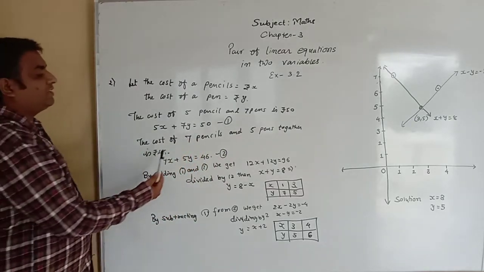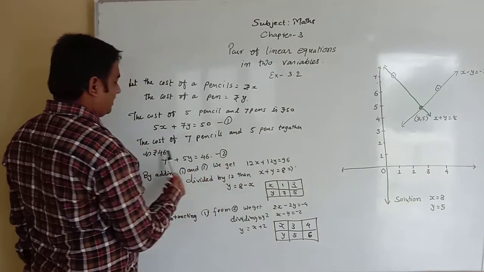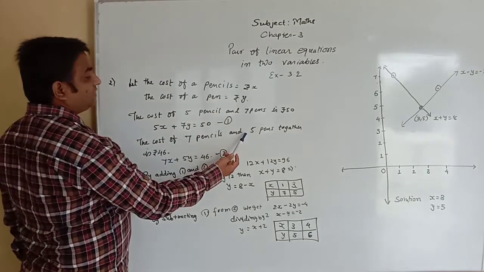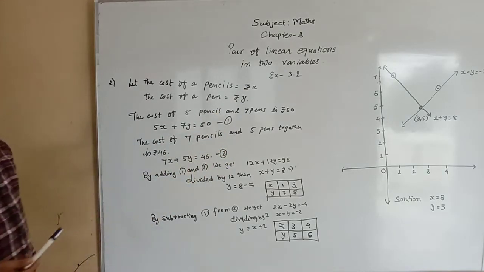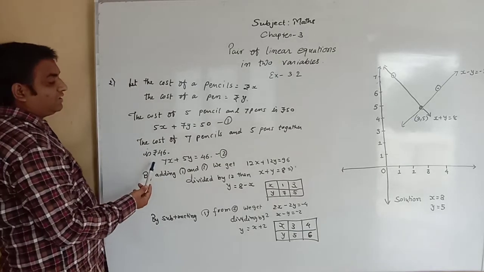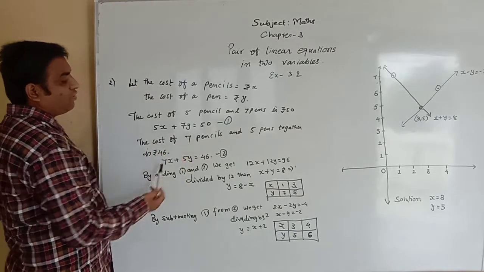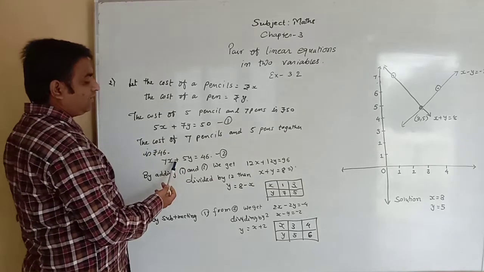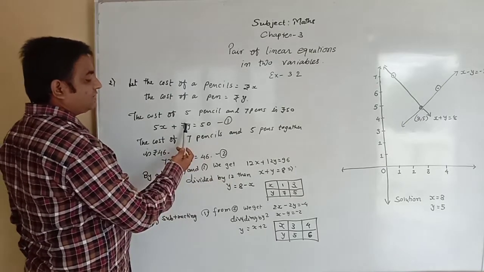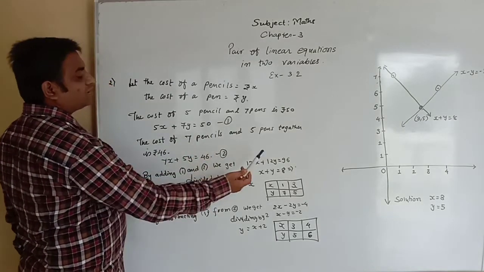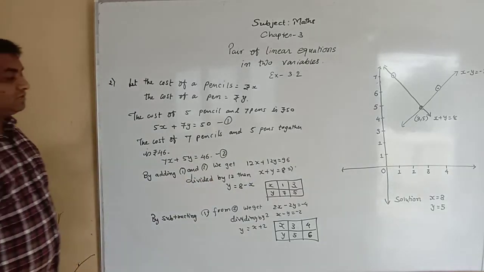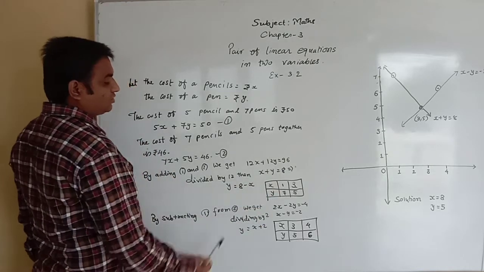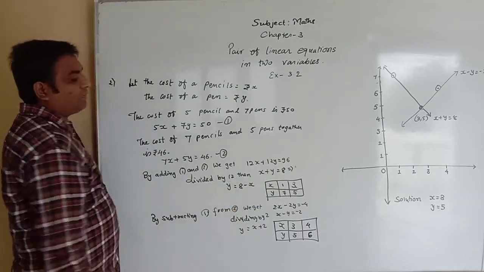Now the second case is given: the cost of 7 pencils and 5 pens together is rupees 46. So 7 pencils cost will be 7x and 5 pens cost will be 5y, equals 46. So here the equations are a little complicated, but we can see that in the cross the x and y coefficients are equal. So we can reduce it to a simple form. So we add both equations, and 5 plus 7 equals x, 7 plus 5 equals y, and 50 plus 46 is 96. So all three numbers are divisible by 12, so we divide, and x plus y equals 8. So it reduces to a simple form, y equals 8 minus x.